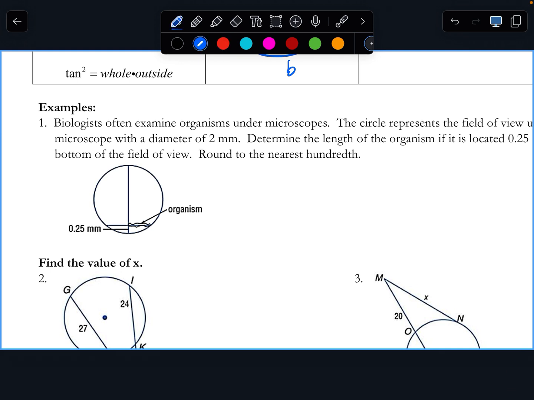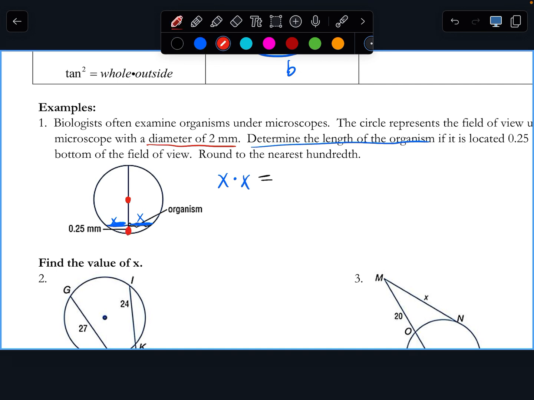I need the length of the organism, so I'm going to put X by the squiggly guy. And because it looks like we're drawing the diameter here, because this is a diameter, that means this is also X, okay? That's one of the theorems from the first day of the unit. Because that's a diameter and we've got a chord, those we can assume are the same. Then I'm going to go X times X, following the formula, equals